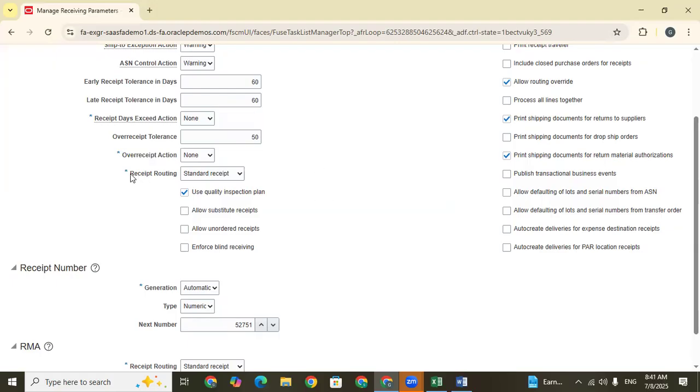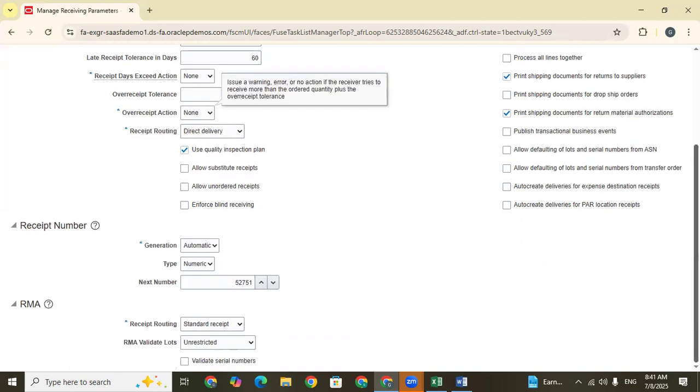Okay. Now the receipt routing configurations come over here. This is the point where we need to see the receipt routing configurations. See here, if it is a direct delivery, there are 3 types here. If it is a direct delivery, the material is directly received at the organization level. Okay. Now let's see, performing for the direct delivery. We'll see. And use quality